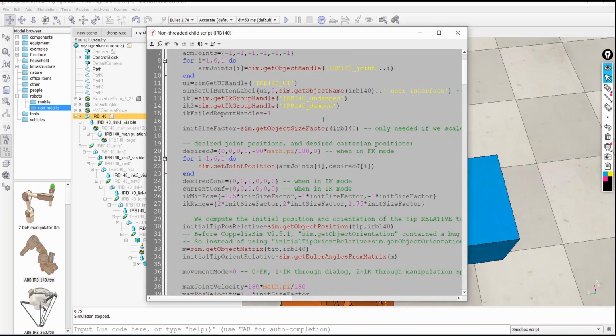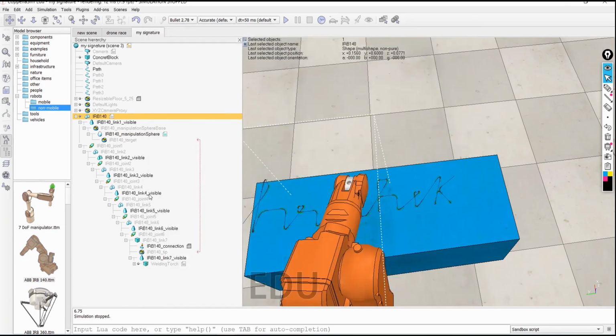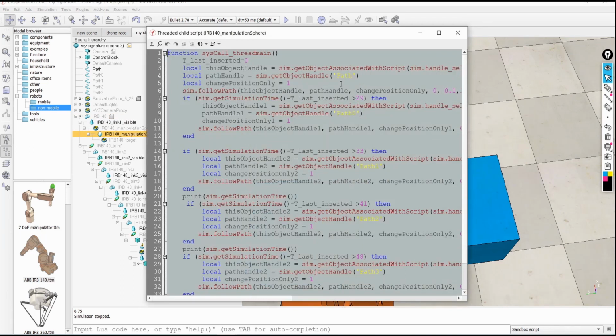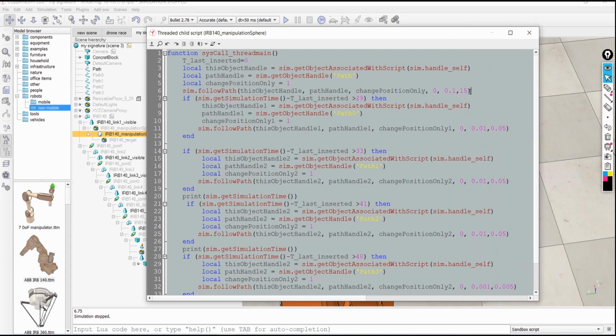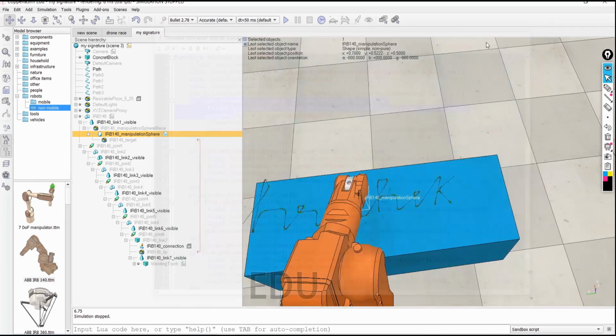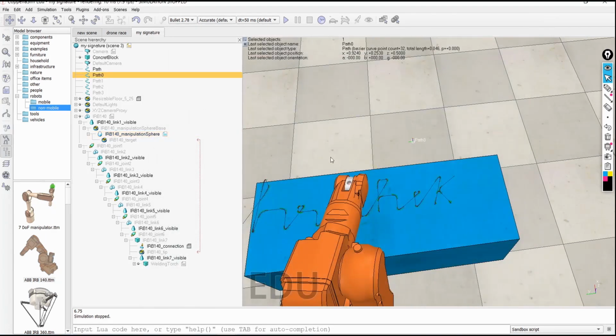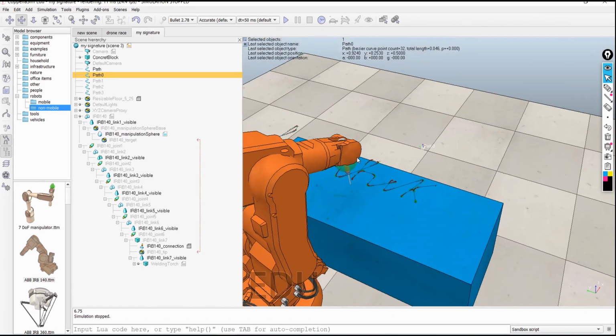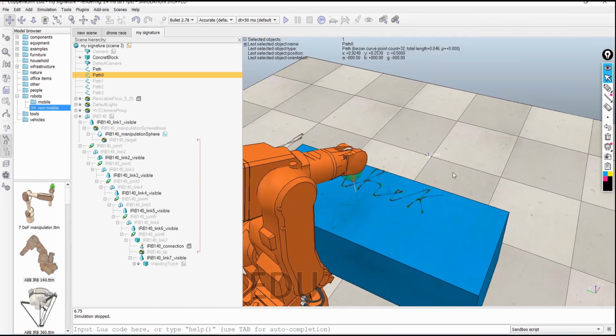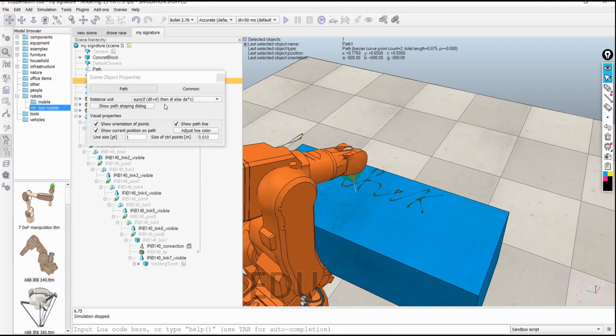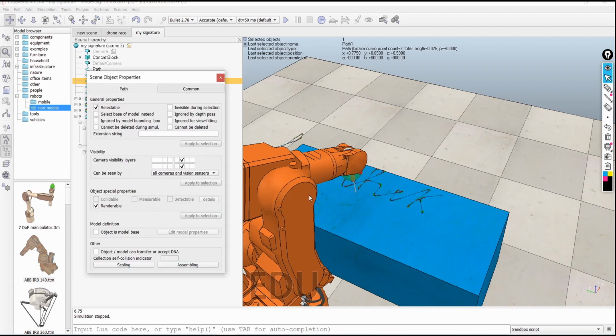Firstly I defined all the paths, and initially it will follow path 1. After following path 1 for a certain period of time, it will wait here for some time on path 0, so that it can waste some time. After that it will come over here, and let me make it visible.